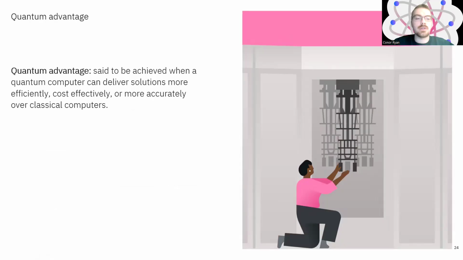Whereas if we wanted to go further, we would go into quantum advantage. This is where the classical computer no longer keeps pace, but instead begins to fall behind. So you would be using a quantum computer to deliver a solution which is in fact more accurate, and also more achievable in terms of resources and time than a classical computer would. We are not quite in this era yet, but it is the area we are aiming for with quantum computers, and we hope they can begin tackling the problems that are difficult for classical computers.